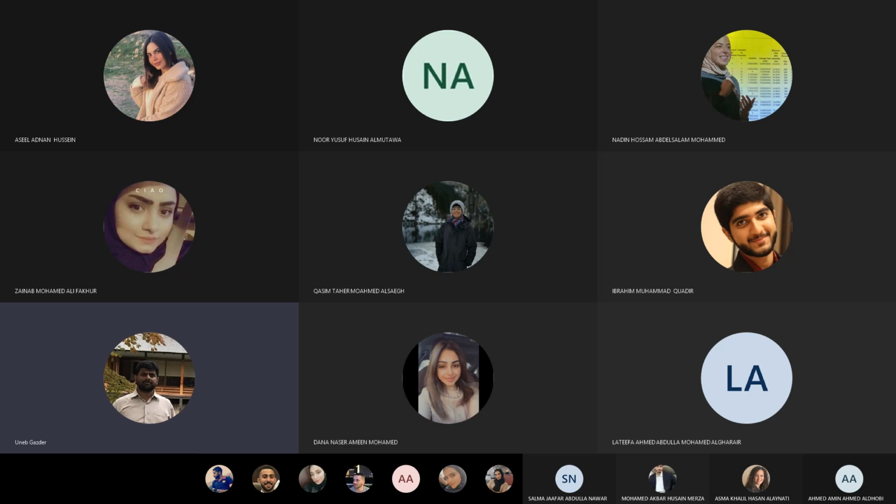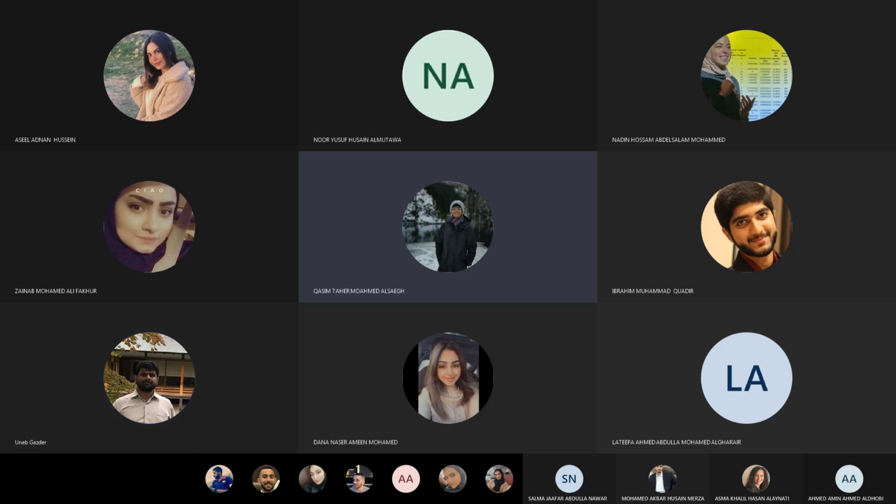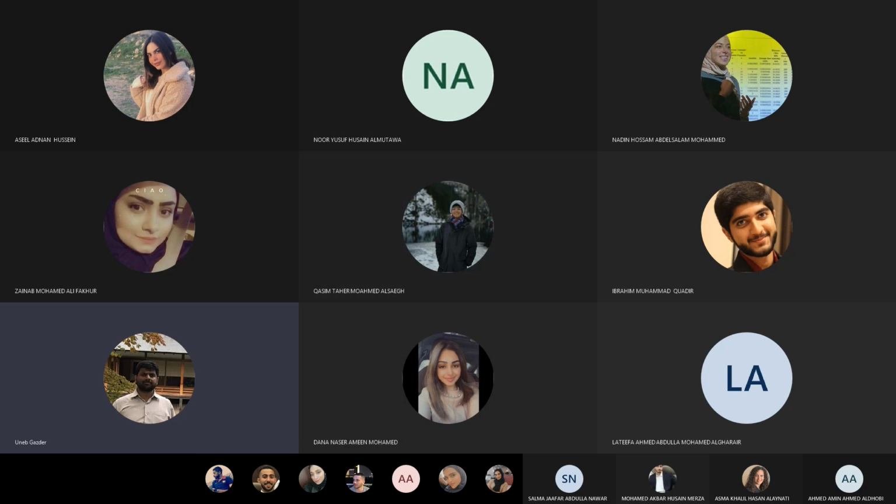But I think there are two things Qasim can confirm. First of all, you need AutoCAD to use it, and secondly, the computer should be good, right, Qasim? Yes. You can use AutoCAD or Civil 3D, both work well. But you need a very good computer for it. Okay, so keep these things in mind.